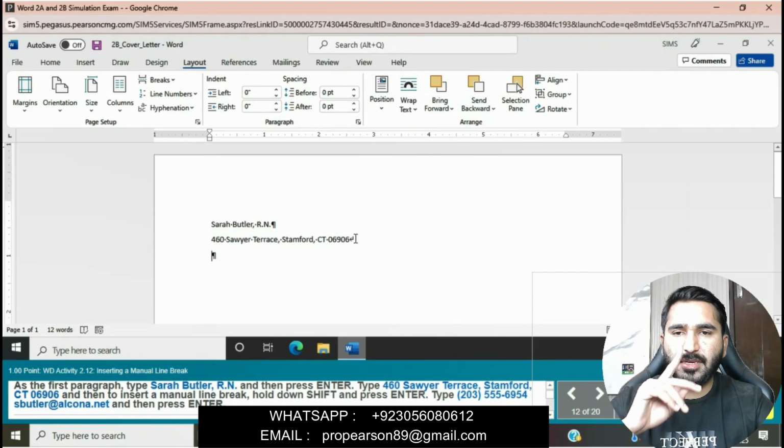Go to the Page Setup group, click on Breaks, and then insert a manual line break.